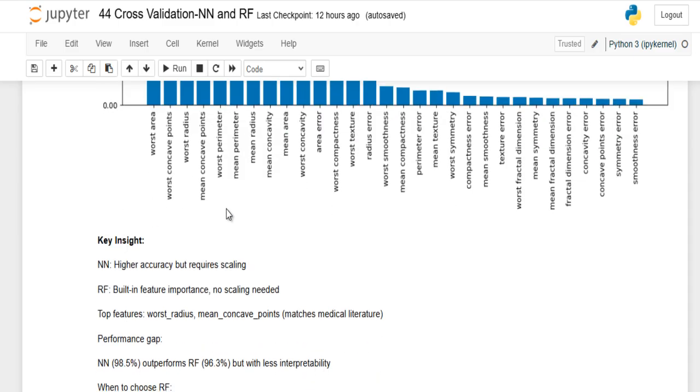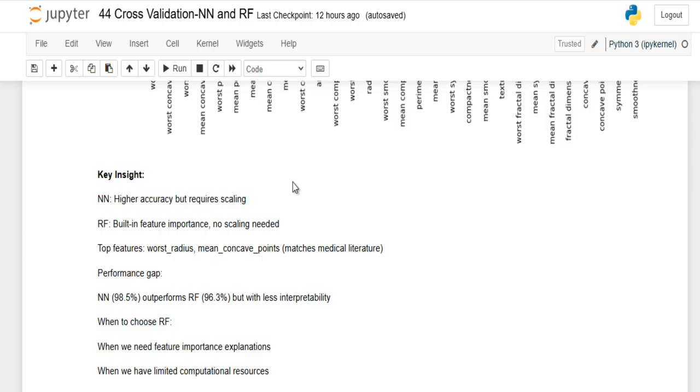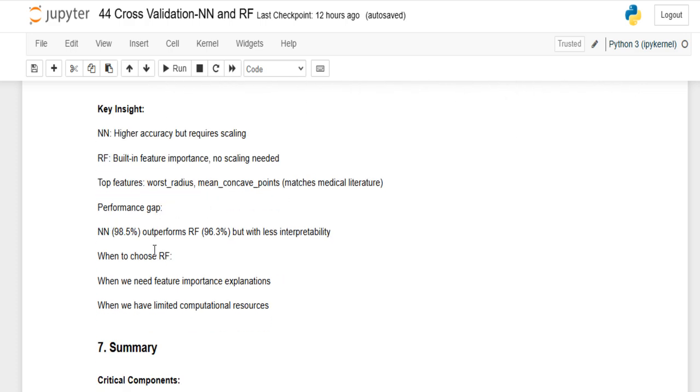So neural network accuracy is high, but requires scaling. For random forest, we use built-in feature importance, so no scaling is needed, right? So our top features are recorded here. You can see them here: worst radius, mean concave points, which matches medical literature. So the performance gap now is 98.5% for the neural network, which outperforms random forest at 96.3%, but